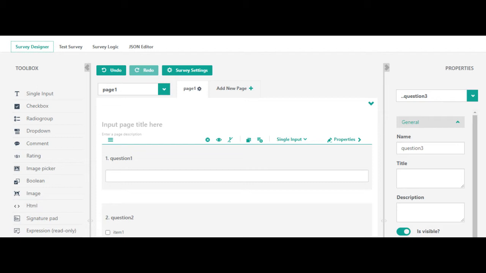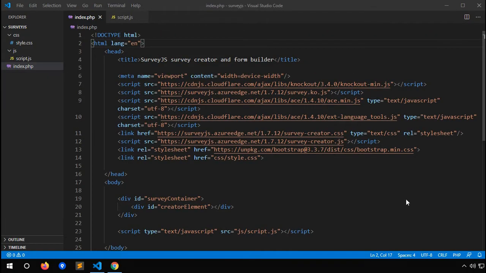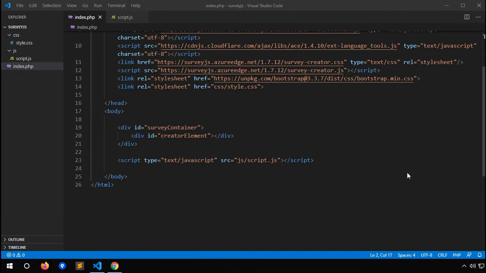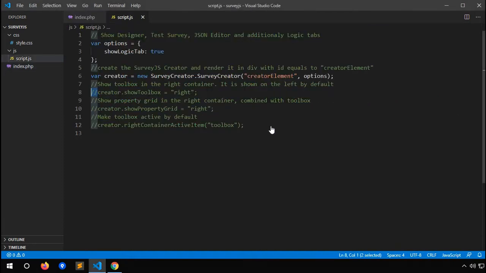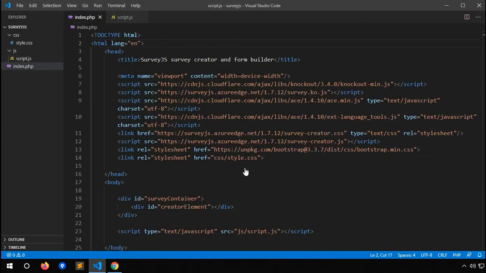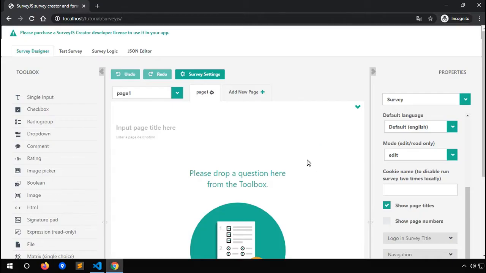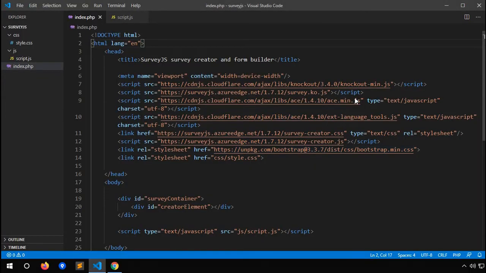So let's start. This is the code of our basic SurveyJS setup, this is the HTML file, and this is a JS file we have to include in it. This is the code and this is the output of our code. First I will explain some of the files we have to attach for the survey library. Some of the basic files we have to include are knockout.js and the min.js of SurveyJS,